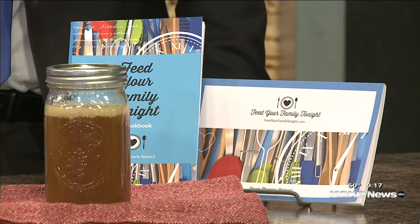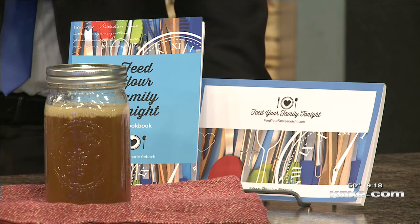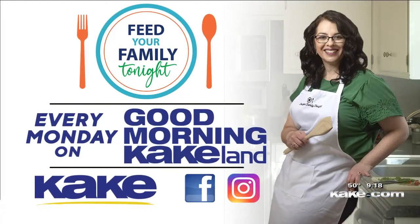You've got the broth and then put a bunch of different stuff in there, and that's where Marie comes in handy. She can always coach you on different variations of things, or just changing up your plan, whatever it may be, with the planner that you have here, with the meal planner and all kinds of resources at